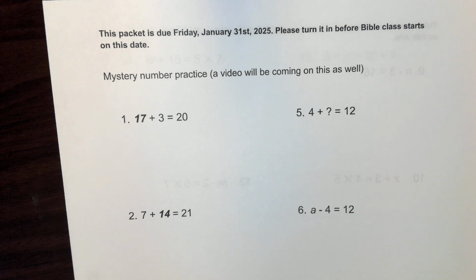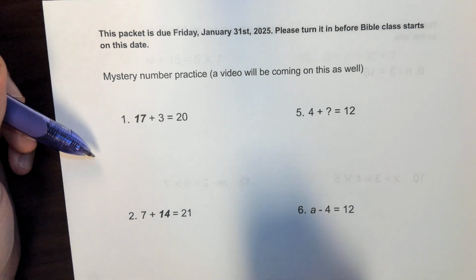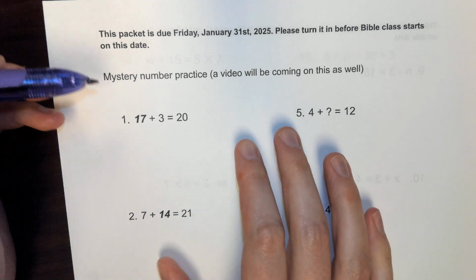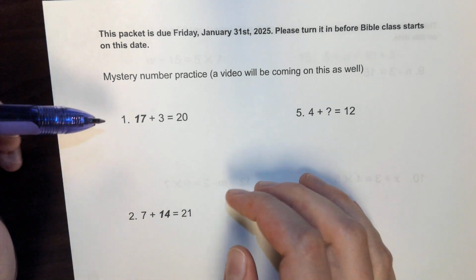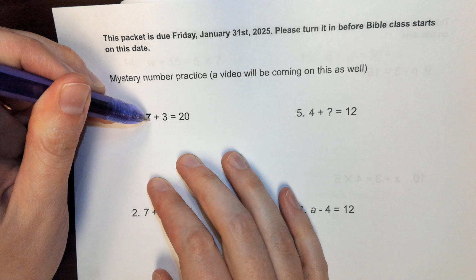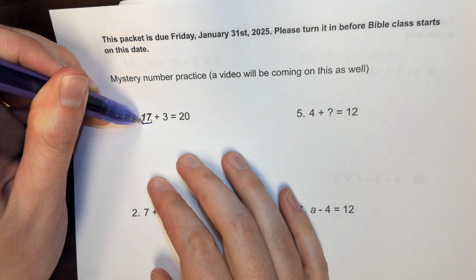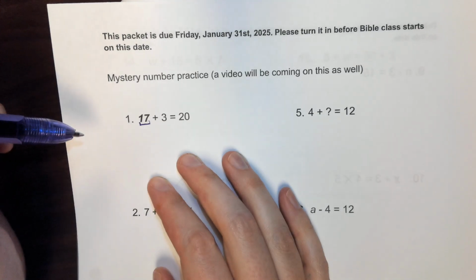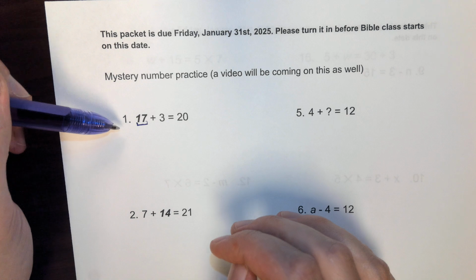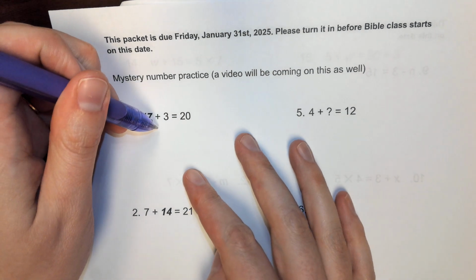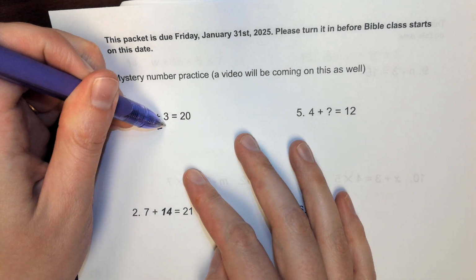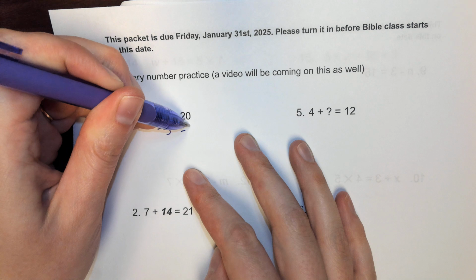Okay, third grade, we are going to jump into our mystery numbers. The purpose of these first two is to just physically show you the pattern. We're going to pretend this is our mystery number here, so I can show you what this process is. Okay, so what we're going to do is subtract 3 on both sides of